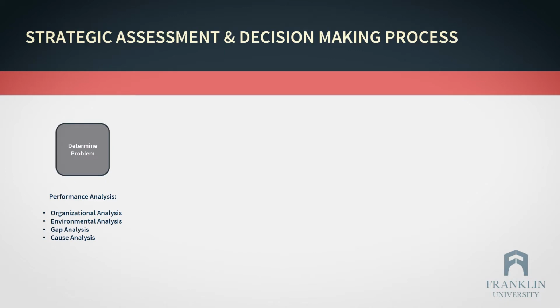performance. The first phase of the decision-making process is determining problems. You will identify learning and performance problems in your organization by conducting a performance analysis. The performance analysis can be conducted by breaking it down into 4 parts: organizational analysis, environmental analysis, gap analysis, and cause analysis. To find out more details about how to conduct a performance analysis, please watch the video Performance Analysis